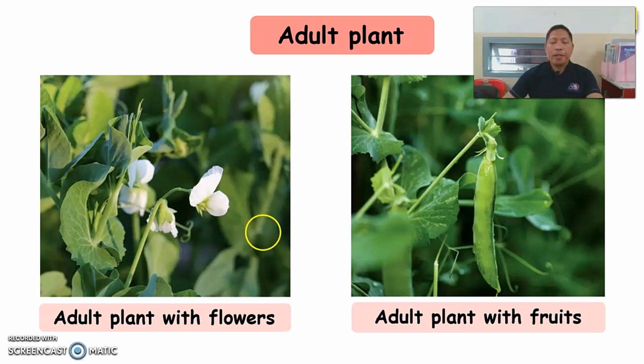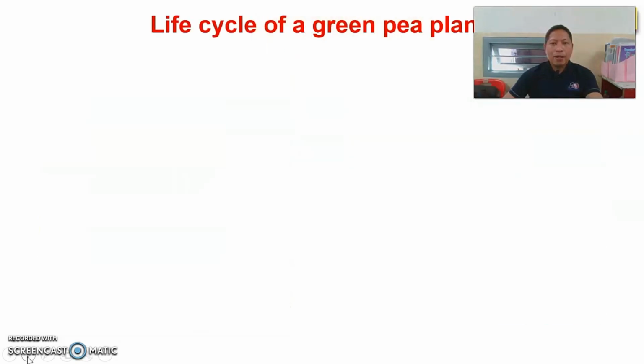Do you understand me? So this process is endless. It will go back to the seed and it will end up with a fruit and it goes back again with the seeds. It's endless. Alright? You understand me? So the life cycle of a green pea plant, look,